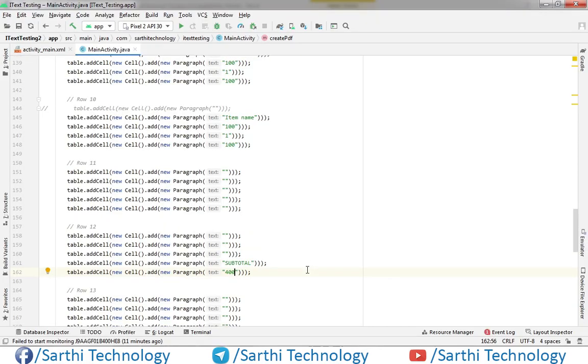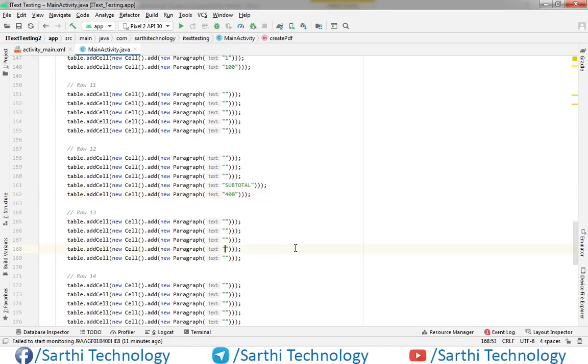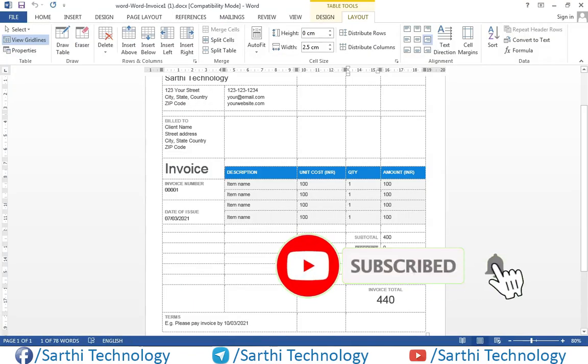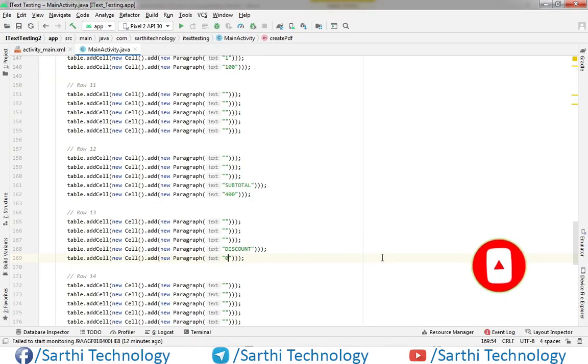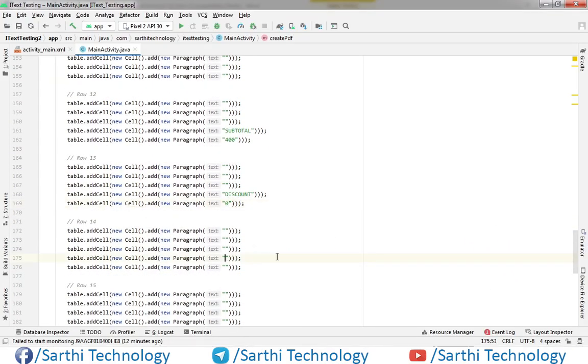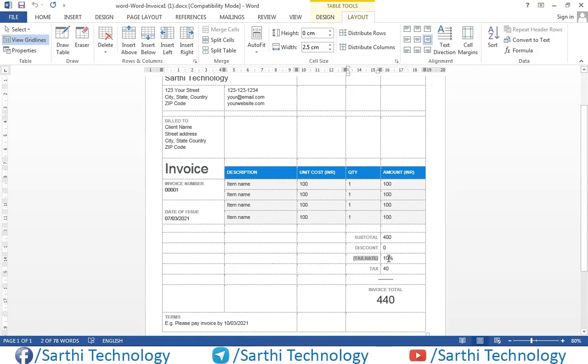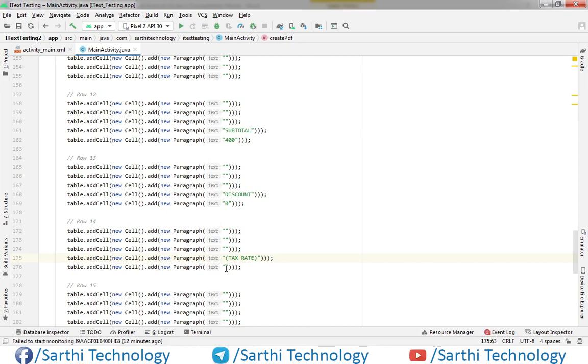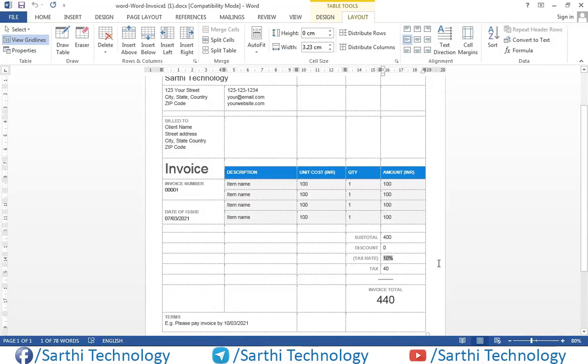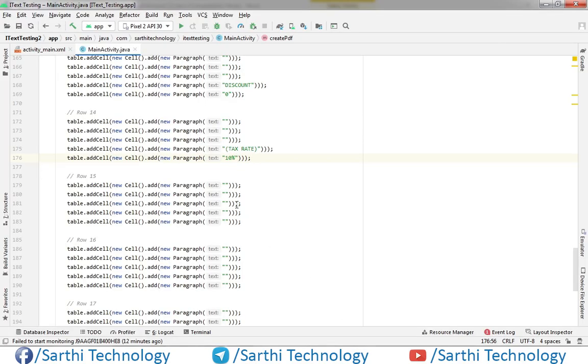Discount will be here, and 0. Now tax rate, tax rate 10%. In row number 15, we will put tax here.